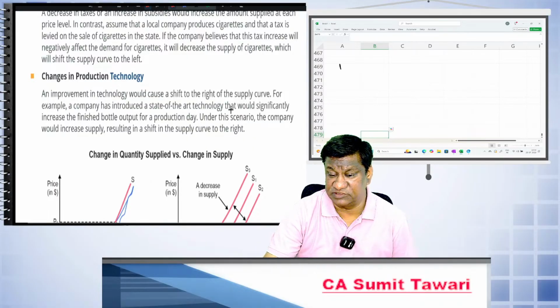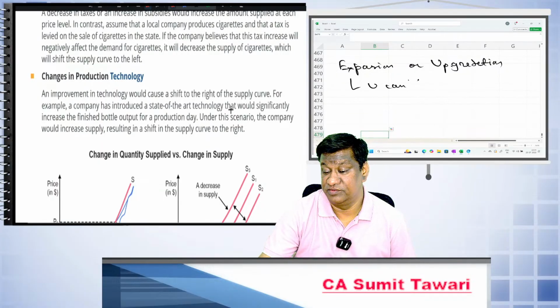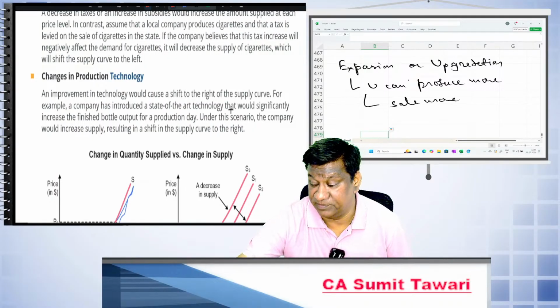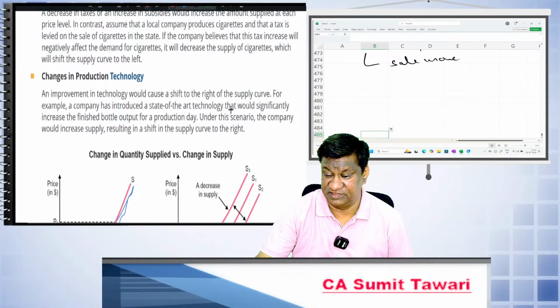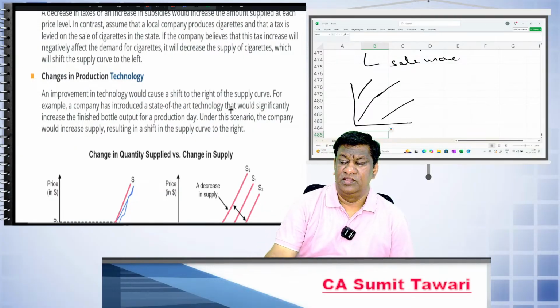See, because of expansion or upgradation, you can produce more than earlier. If you can produce more, then you are able to sell more. Okay, and because of this reason, the supply curve shifts. Okay, so